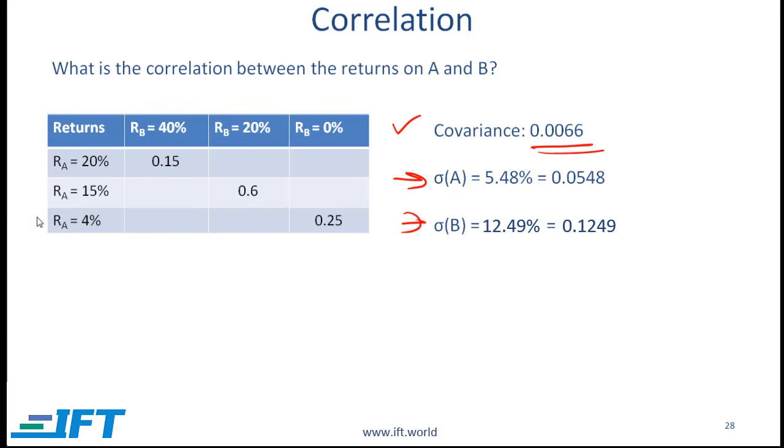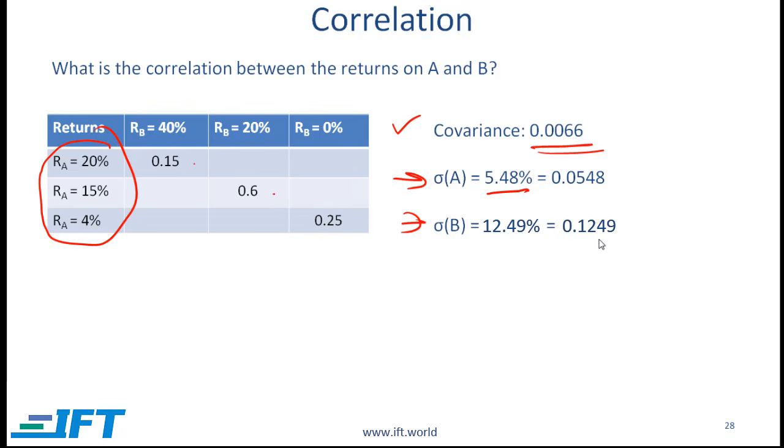You can use the calculator method or you can use the longer formula, but essentially when you compute the standard deviation of these returns given the three different probabilities, you should get